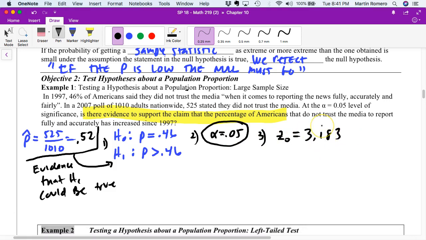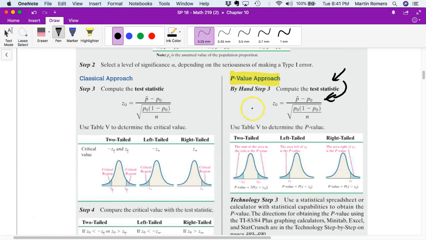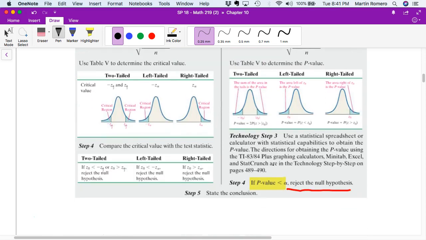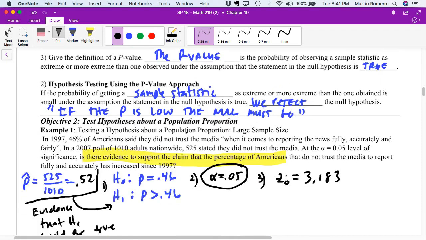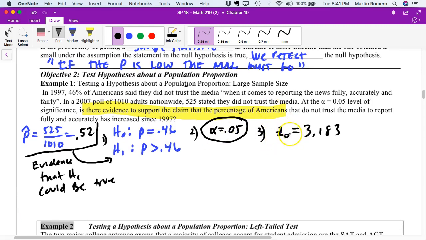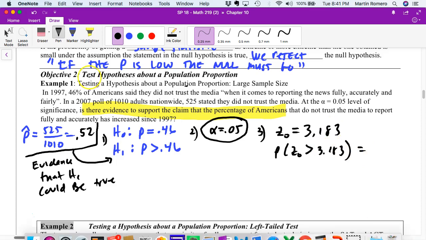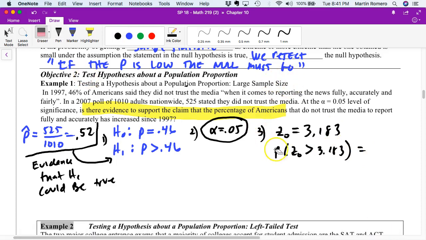3.183 is our test statistic. From there, step 4 is to go ahead and get the p-value. So the probability that the z-value is greater than 3.183 is what we're testing. There's our p-value. It's not right. That is the probability. The p-value is going to be equal to